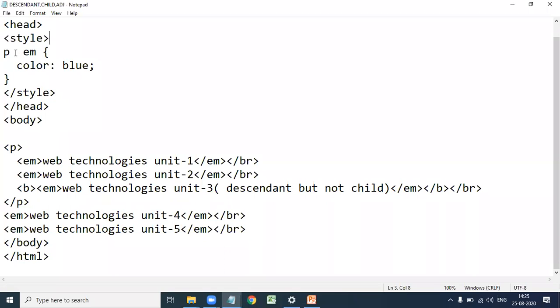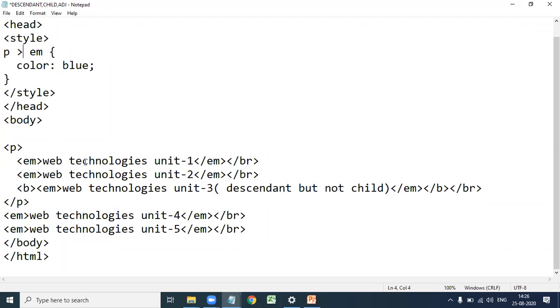Next, child selector, that is p greater than em. Child selector means it selects elements that are direct children of another element.